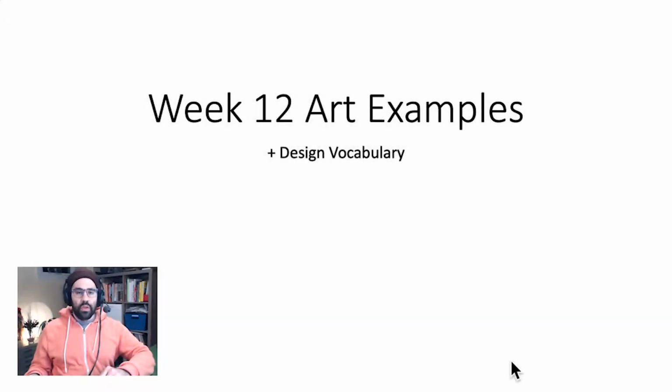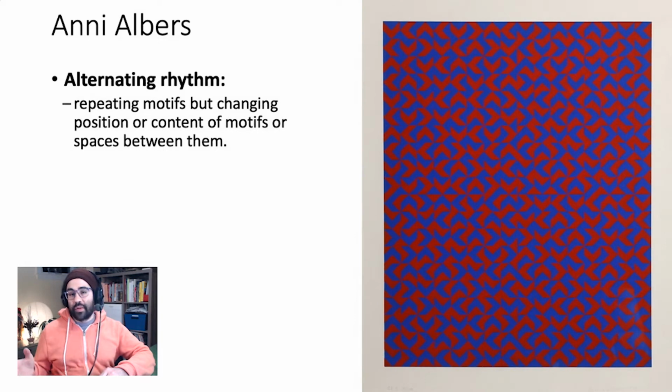In this video, we'll look at a handful of the artist and designer examples for the Week 12 assignment, as well as tying in some of the design vocabulary for this week. So our first example comes from the artist Annie Albers, and here we have an example of an alternating rhythm,